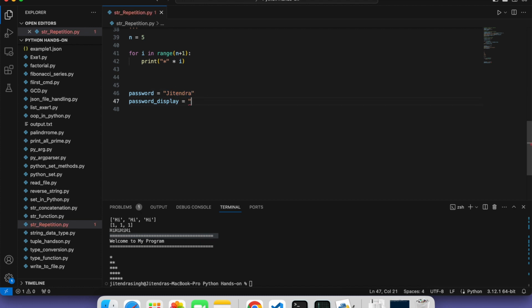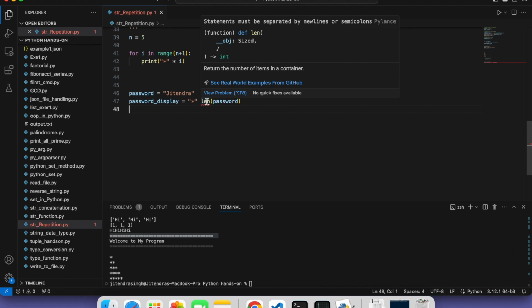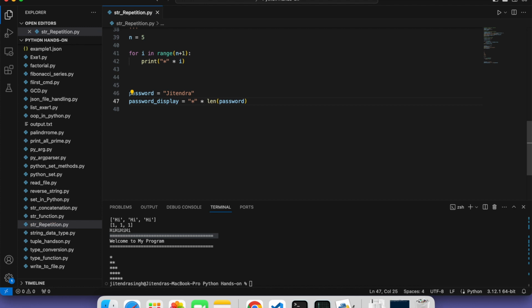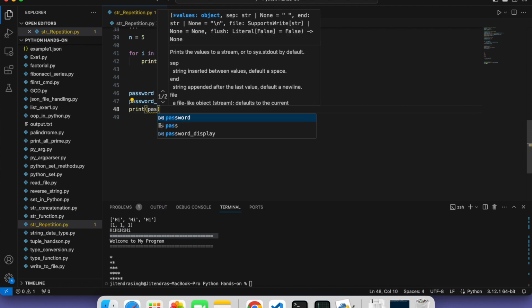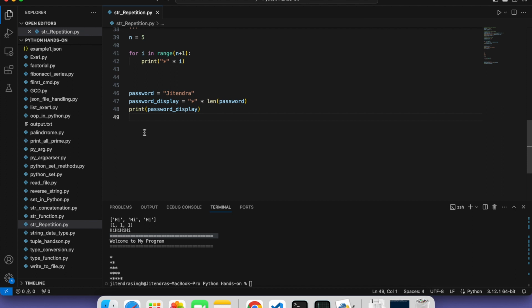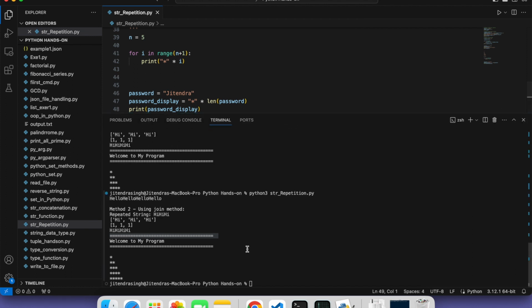And if you want to do some masking, so you can call a star and then you can call len and then you can call password, so it will call the number of, I think this variable name already exists, or what is it called, yeah, fine, okay. So forget to call this, okay, and then let's call print, let's call this password display. So what do you want to display to the screen, right. So let me run this again,